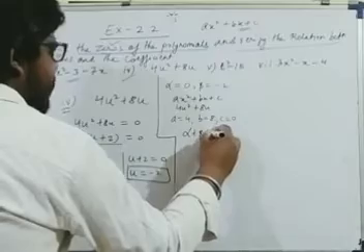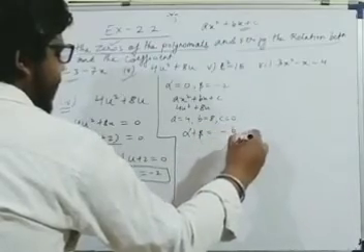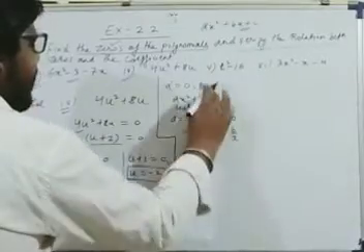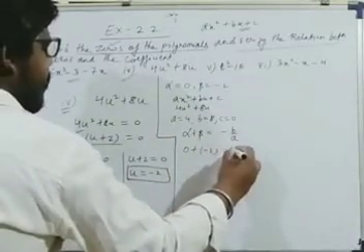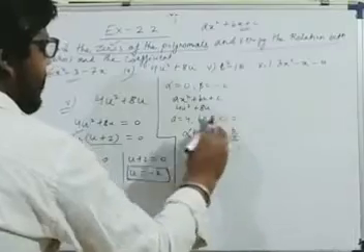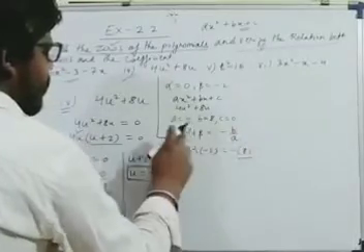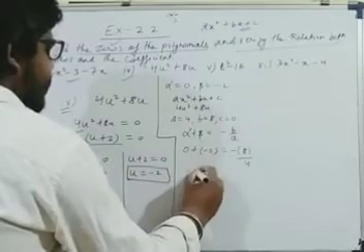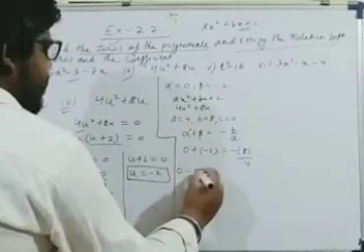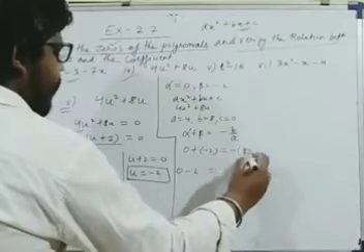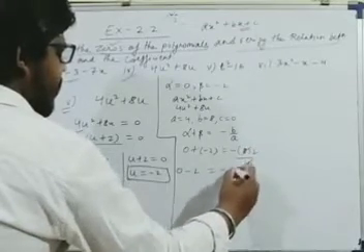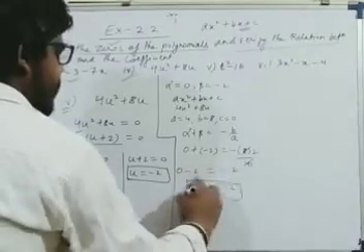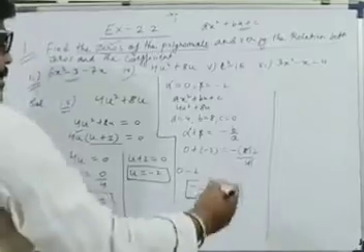So alpha plus beta equals what? Minus b by a. Alpha is 0 here, and beta is minus 2. Minus b, b is 8 upon 4, a is 4. So 0 as it is, minus 8 by 4: 4 twos are 8, so it is minus 2. 0 minus 2 is minus 2, and the right side as it is. So this is equal.